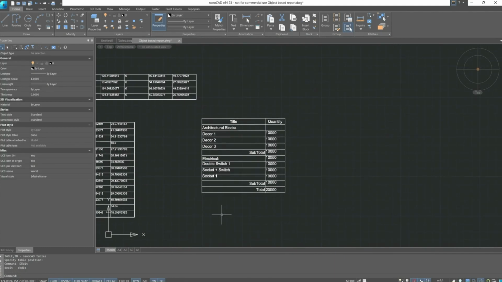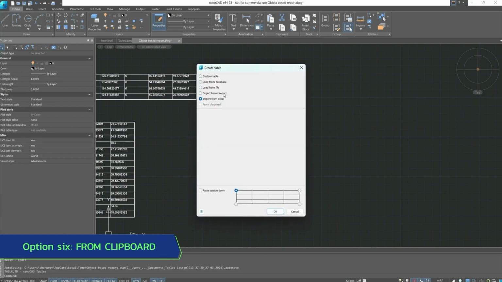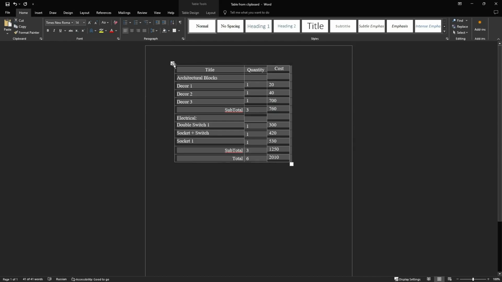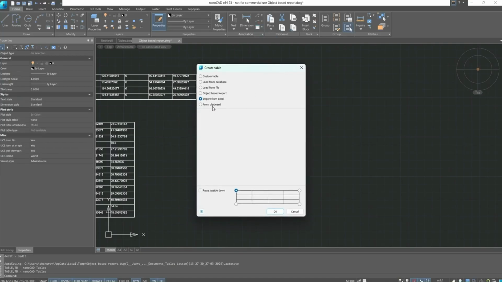We can also export this table to Excel, and the table will open in a separate Excel sheet. And next, from Clipboard. For this, I'll copy a table from Word. After which the line from the clipboard becomes available again. Confirm actions and insert the table into the